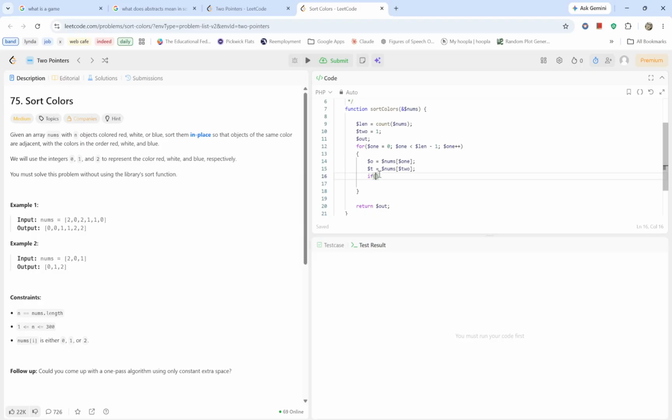So I'm thinking in my head, okay, if O is higher than T, then what should happen? What should happen is O needs to replace T. So naturally,